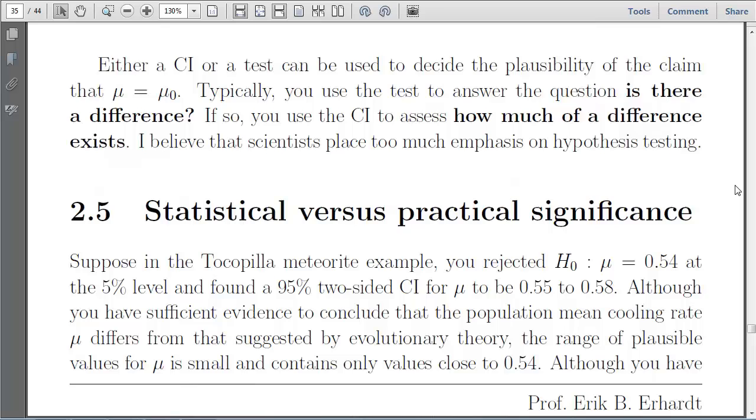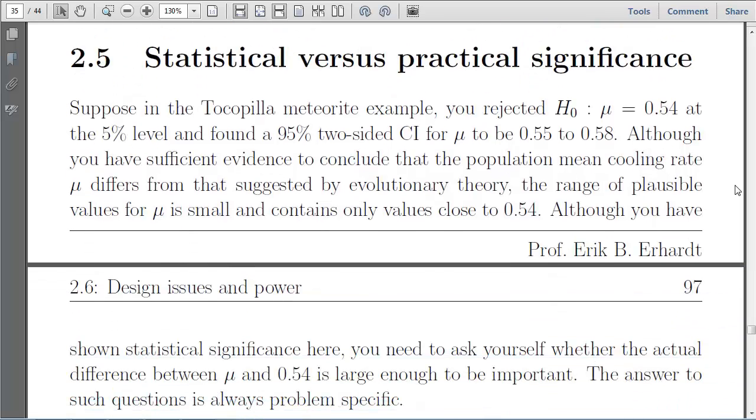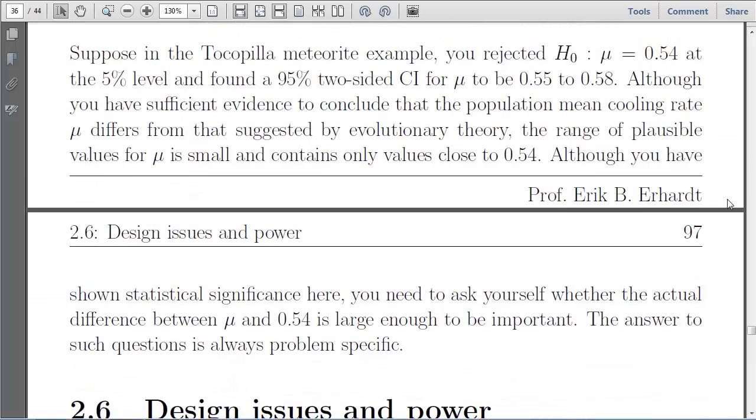So the point is that you may have statistical significance and you reject the null hypothesis. Okay, so a t-test is significant. You have a statistically significant result if you reject the null hypothesis. And so you may reject the null, but the actual practical significance could be very, very small. All right, so